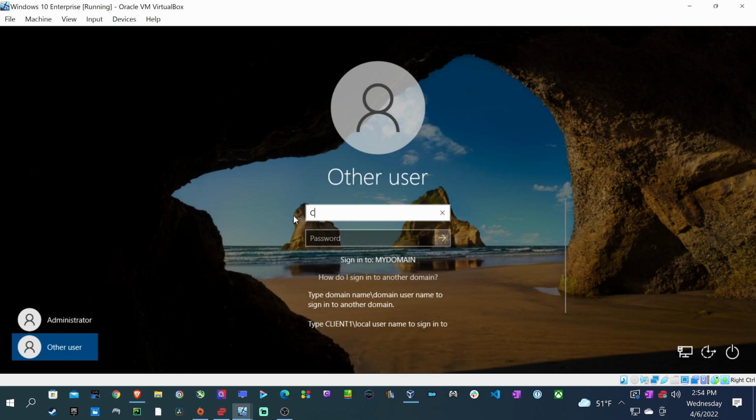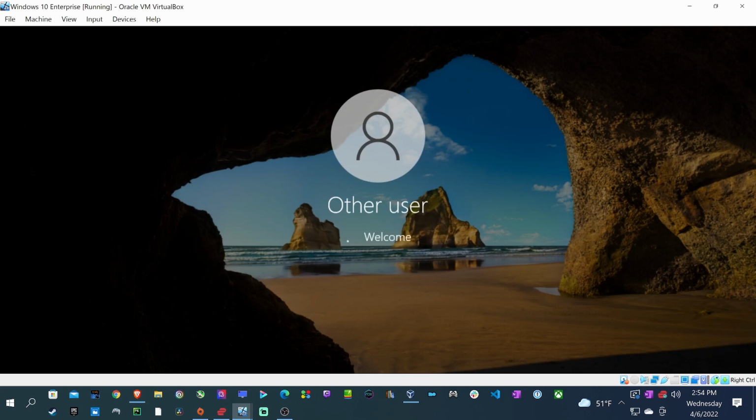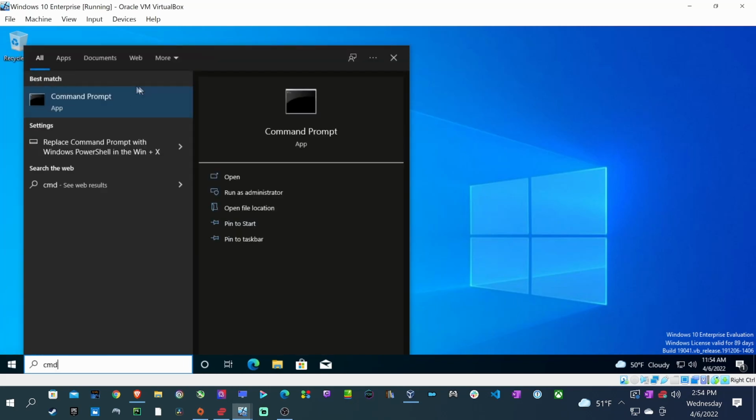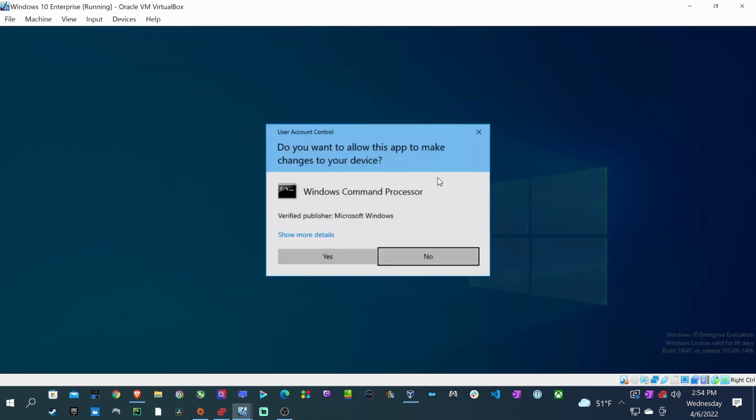If you're stuck on the domain login, you just go to sign into another domain. Client 1, this one, Escanzo, password 12. I'll log in, and I'm not gonna delete, I'm gonna disable